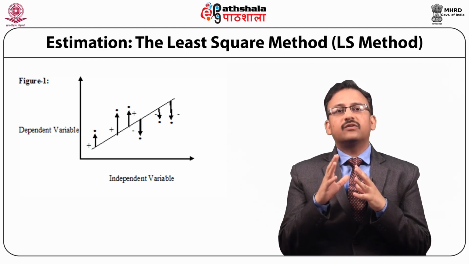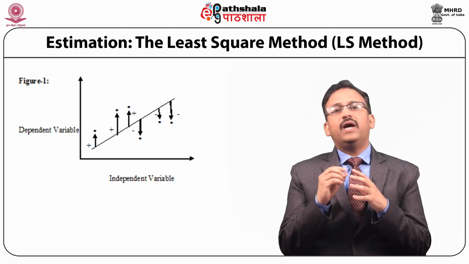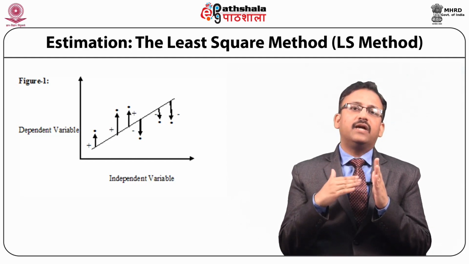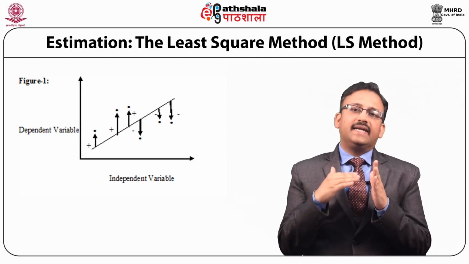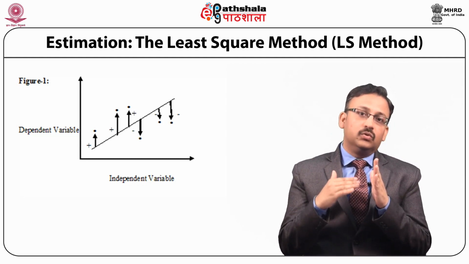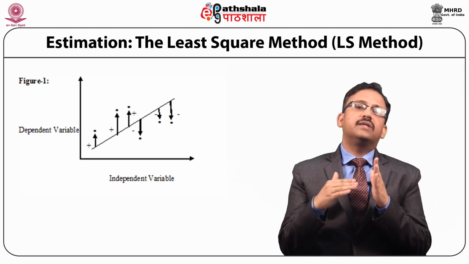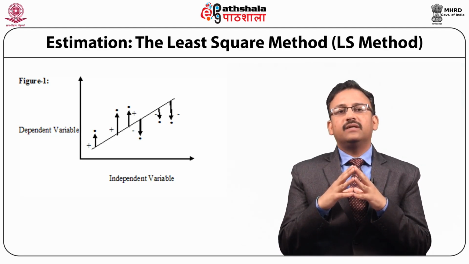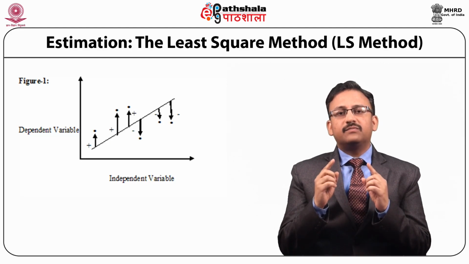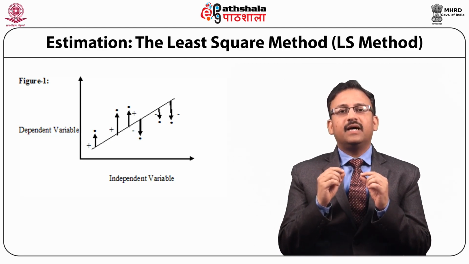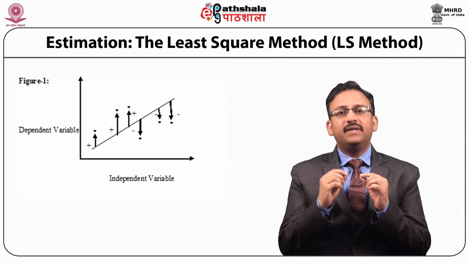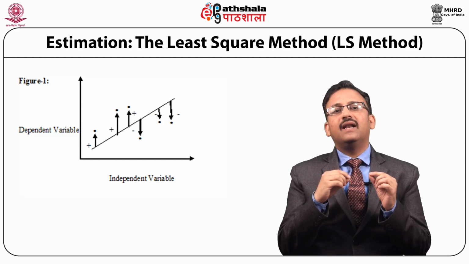Now the differences are squared before summing them. These squared differences offer an estimate of how well any particular line fits the data. That is, if the squares of the differences are huge, the line is not representative of the data. But if the differences are small, then the line is assumed to be representative. What does it mean? If the differences are small, it means that the real data is very close to the line. If the differences are big, it means that the real data is far away from the line.